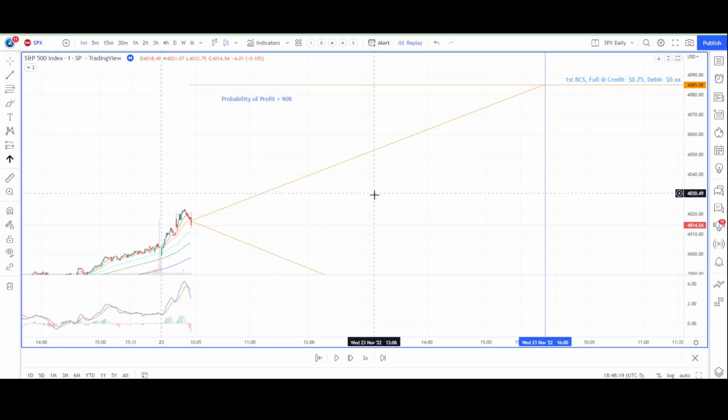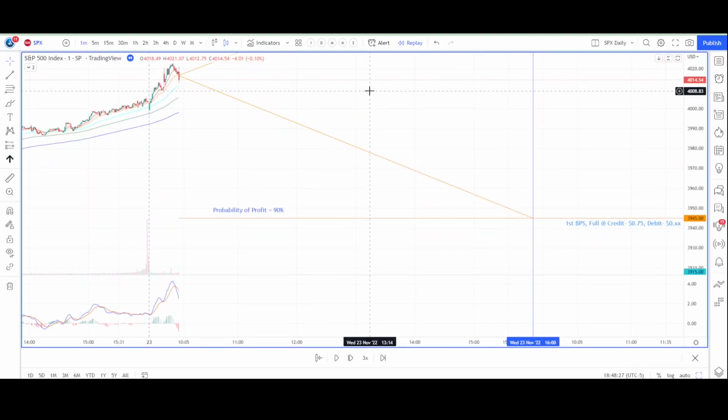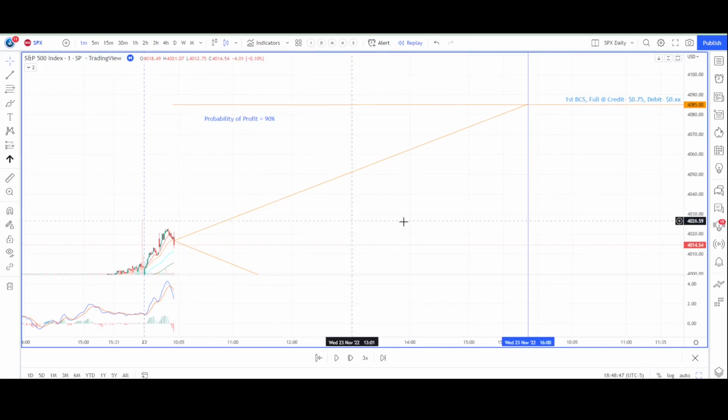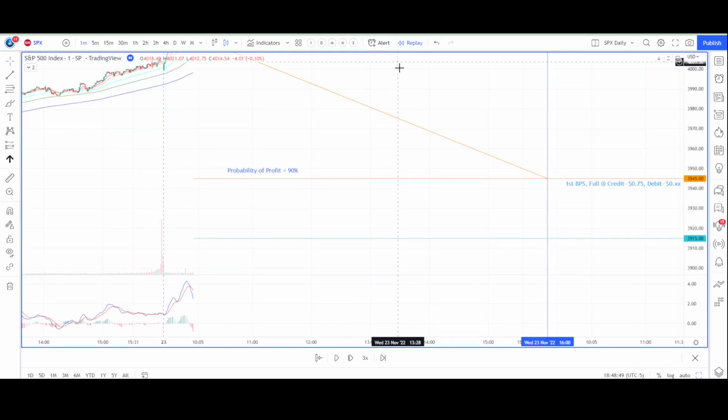So the question arises, do we use the same entry parameters for our iron condors? And the simple answer is no. When it comes to iron condors, I will usually try to enter a little further out of the money. And there's a very good mathematical reason for this. Let's just look at the bull put spread of this condor. So just looking at the bull put spread, in other words, let's pretend for a moment that this bear call spread does not exist.